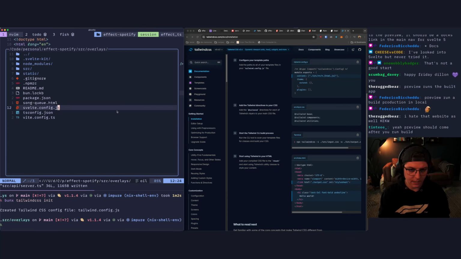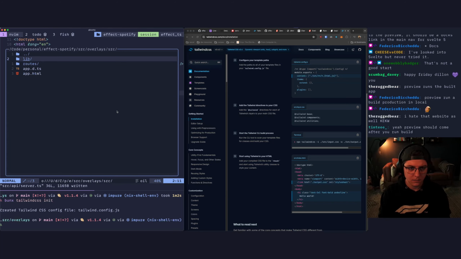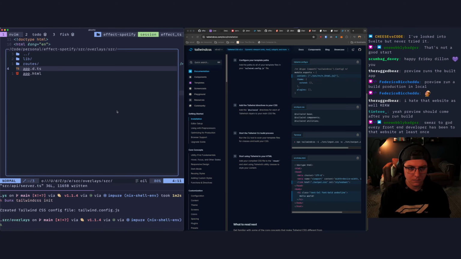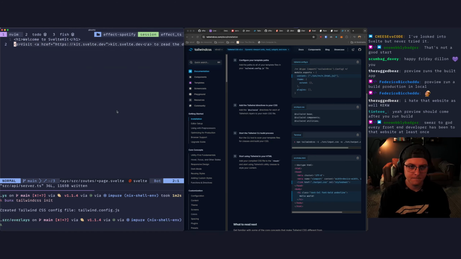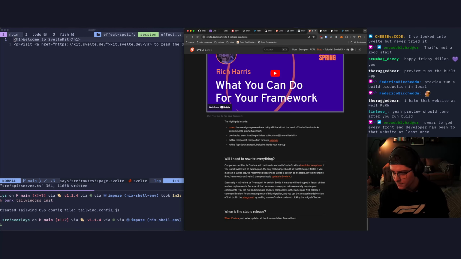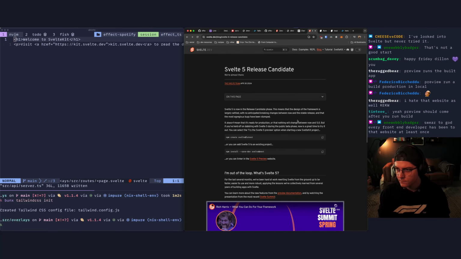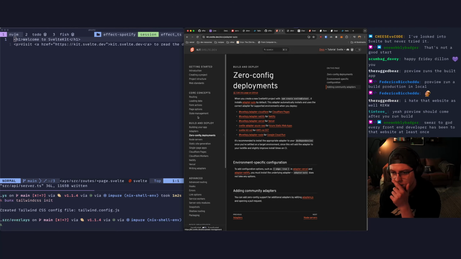Okay, so we should have that, and we should be able to come into routes, and we have this page.svelte. And I think Svelte does file-based routing, right? So we're gonna have to go to